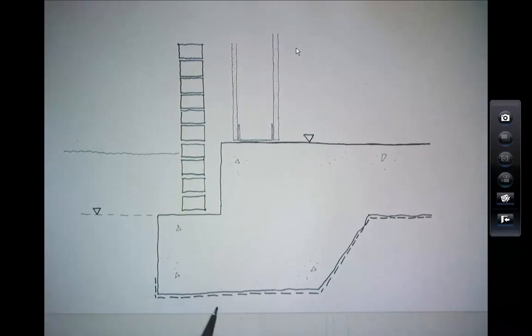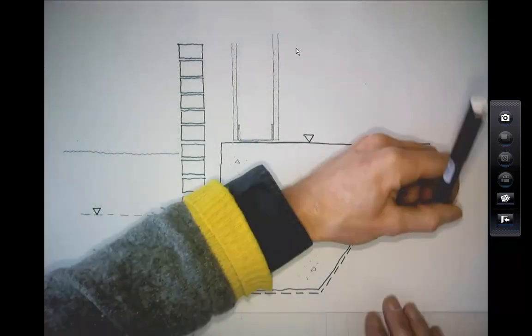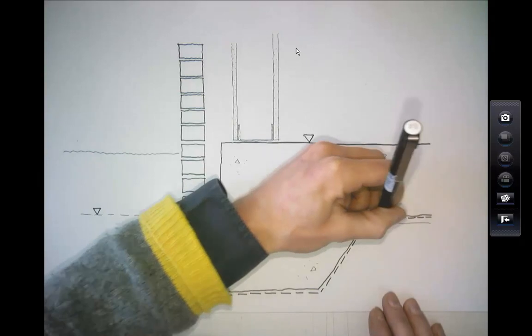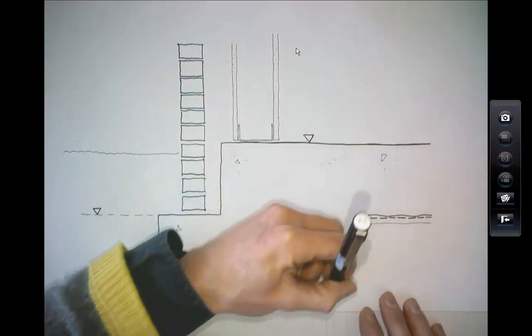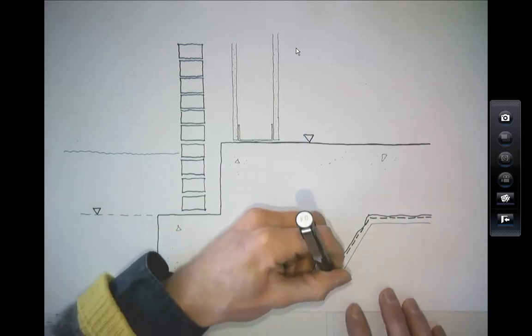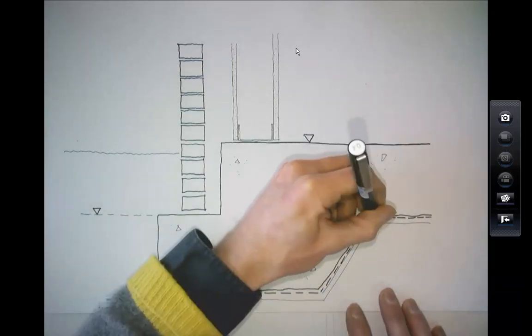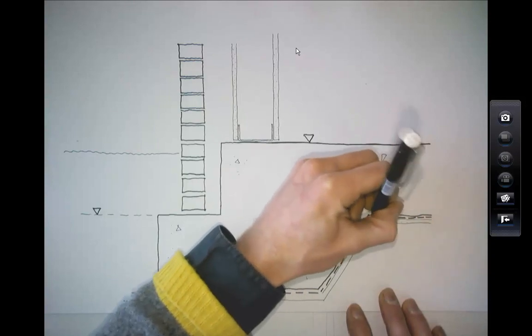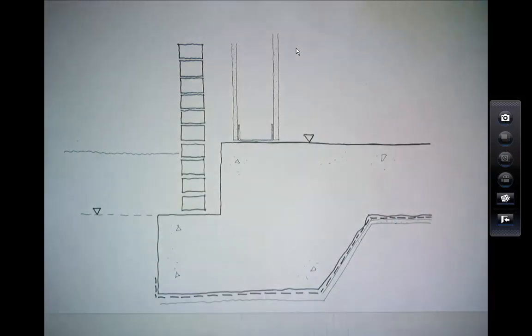That's where your tanking goes. Okay? Right next to the concrete. People do kind of get confused about putting it above the concrete slab, but really it's best just to put it below. And what they'll do on site, they'll dig this hole, they'll either line it with sand, which is called blinding. Okay, so they put a bit of soft sand down there, and that soft sand just protects the membrane